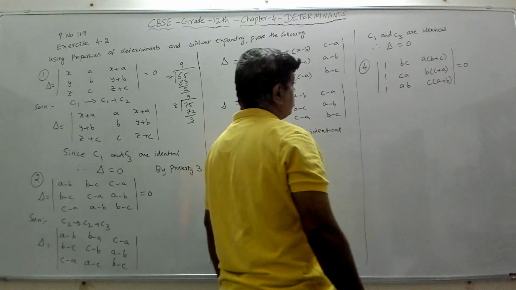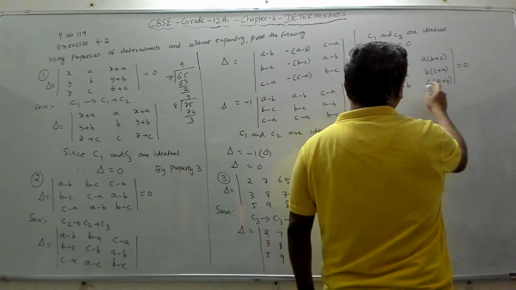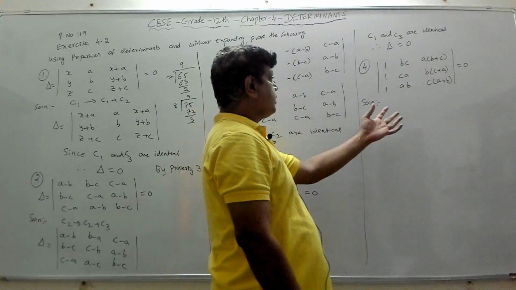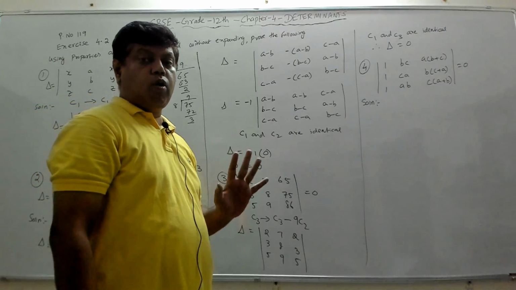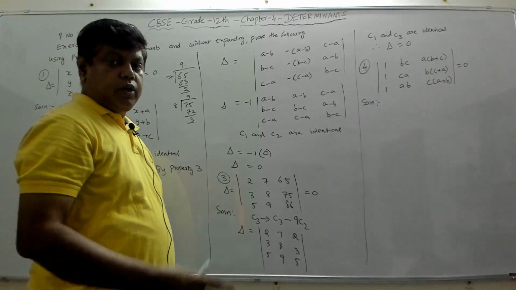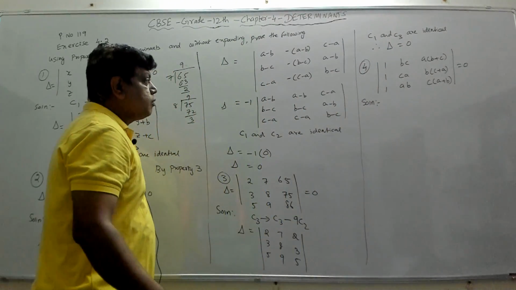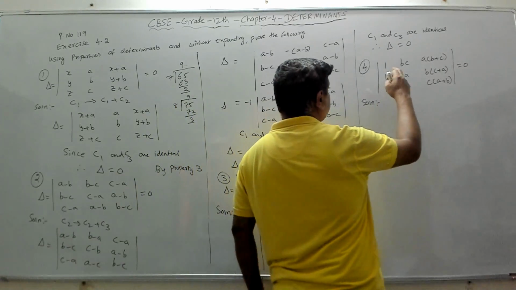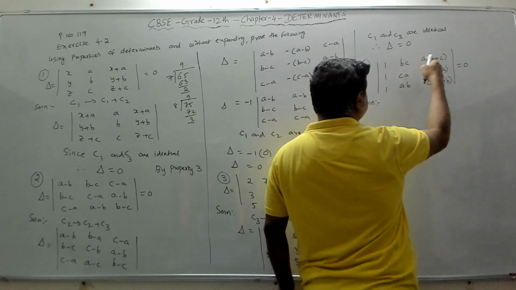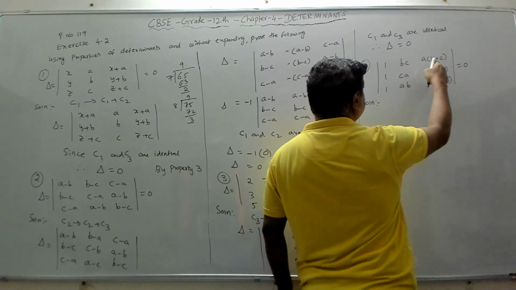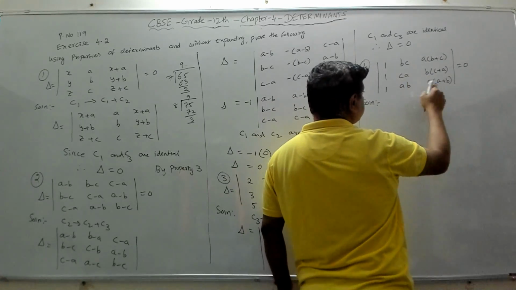Now again, if you observe, whenever we want to make the value of the determinant 0, mostly we will try to make any two rows or any two columns elements identical. Any two rows or any two columns elements should become the same. That's what we will first give a try. So here 1, 1, 1 is there. Suppose I add these two, C3 as this plus this, then I'll get AB plus AC plus BC. Again here also I'll get AB plus AC plus BC. Here also I'll get AB plus AC plus BC.